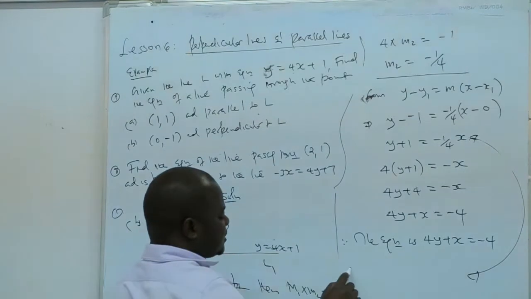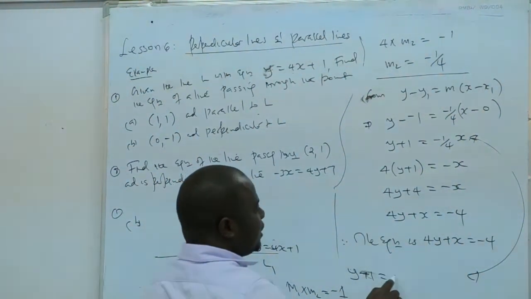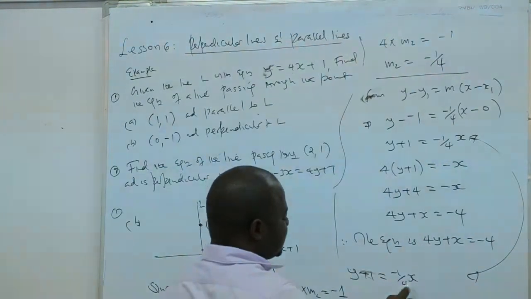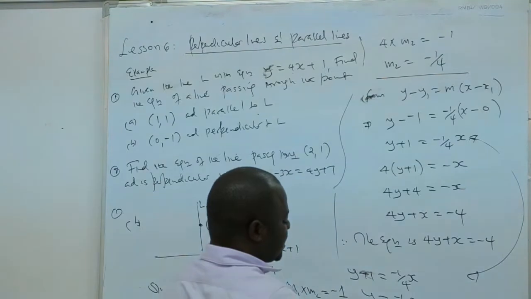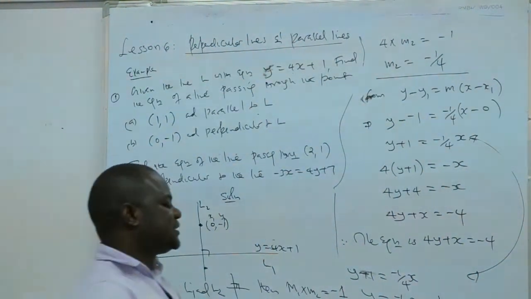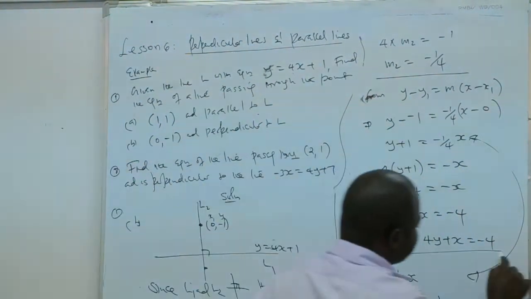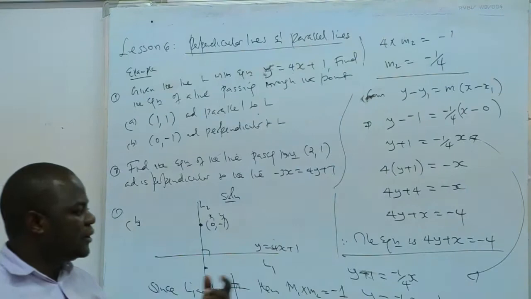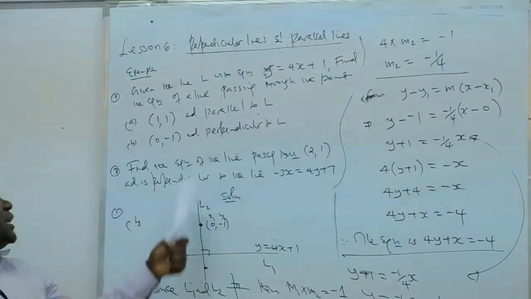Another person from this step can just do like this. He says y, which is equal to plus 1, equals negative x out of 4. Then takes 1 the other side. So you write it as negative a quarter x, then minus 1. Still, this person will pass the question, but it is better you write it like this, because that shows some sense of mathematics, that you know how to get the LCM, you know how to compute such things. So that's how we do that.